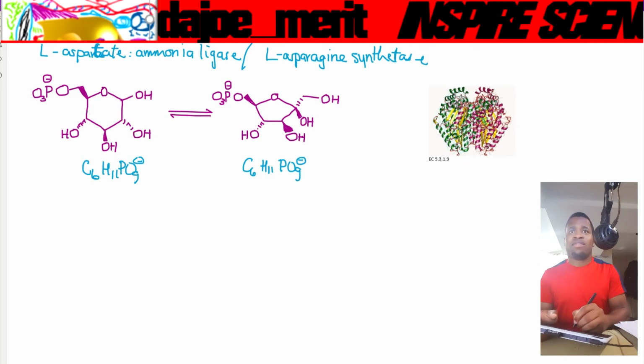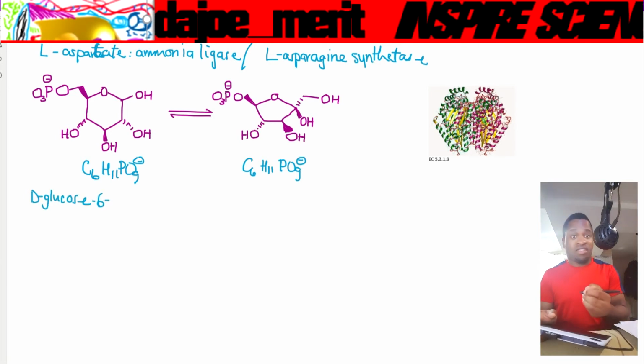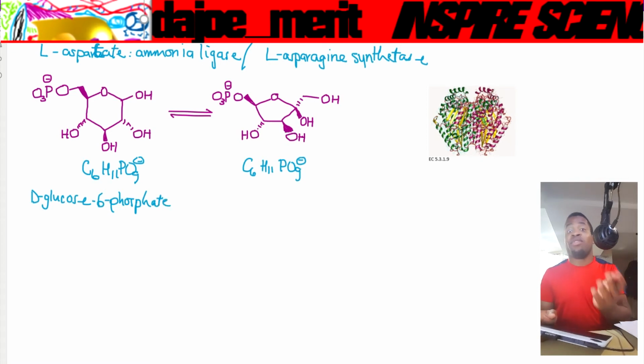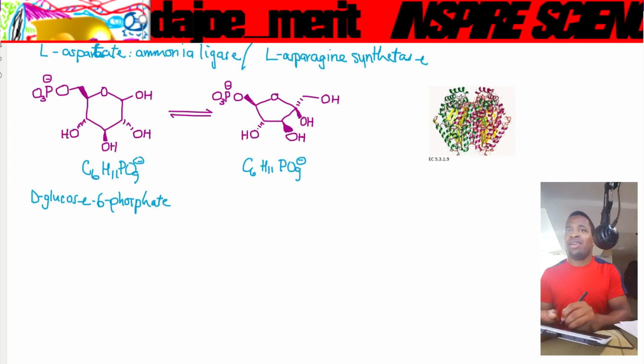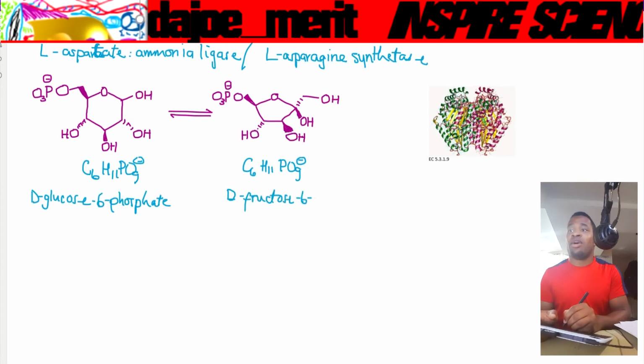The one on the left side is actually known to be a D-glucose, but in the sixth carbon there is phosphate right there. However, an enzyme actually transforms this to another type of isomer, which is in this case a fructose. I'll call it D-fructose. On the sixth carbon we have